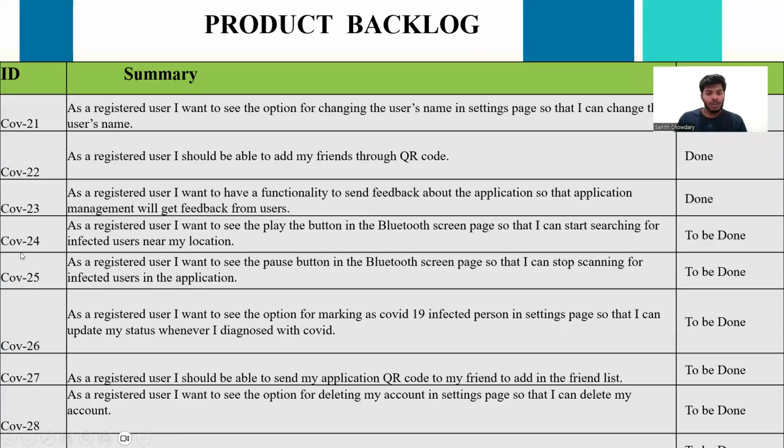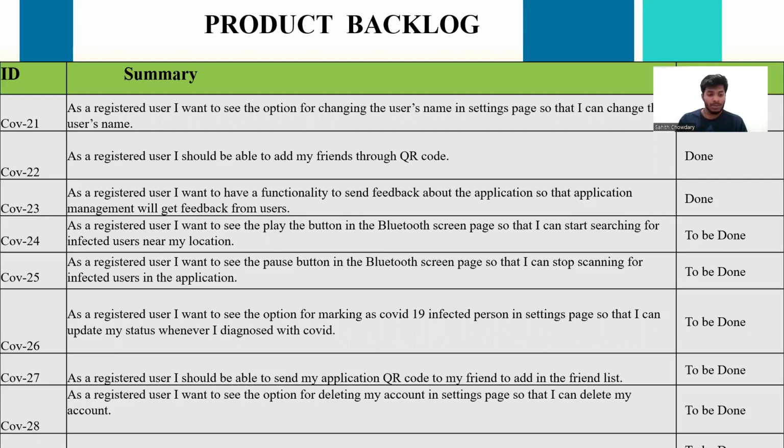Where in COV24 the user should be able to see the play button to search the infected users nearby his location, and COV25 the user should be able to see the pause button to stop searching for the users who are infected. And in COV23, the user should be able to see an option for marking a COVID-19 infected person, so that he can update his own status in the